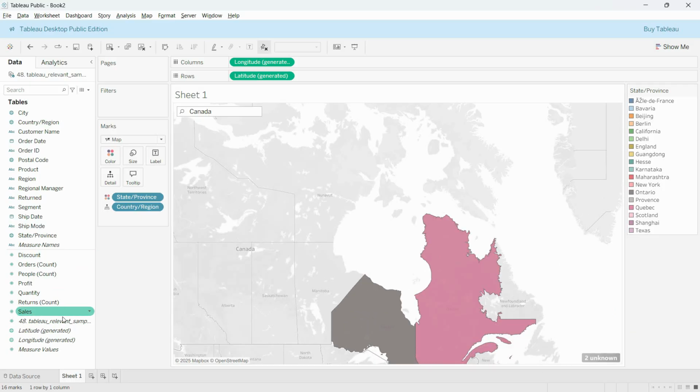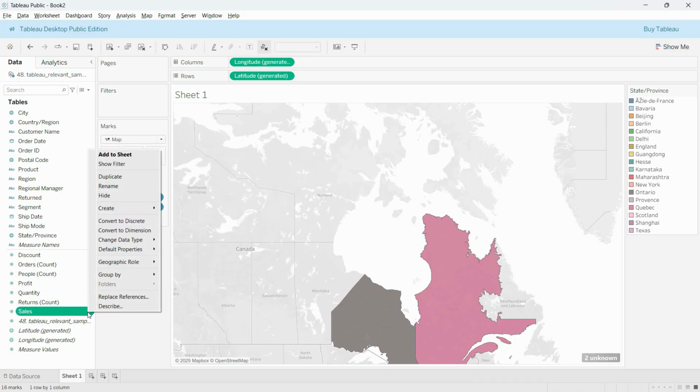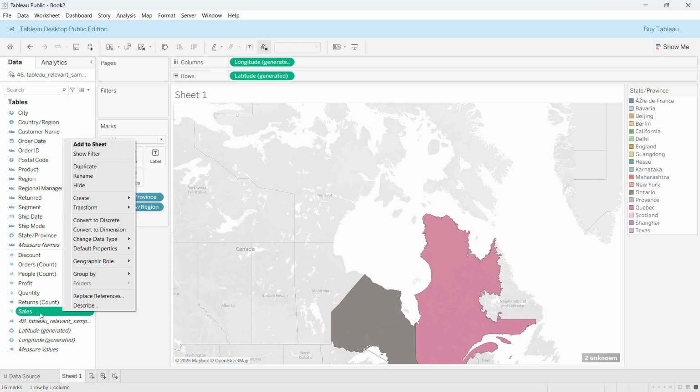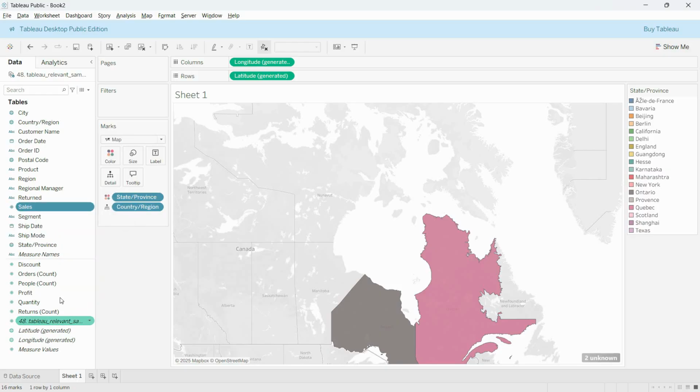Now let's say that we want to put the sales into the record. The problem is we need to convert this data into proper data so that it can plot properly. Just click on this drop down and click on convert to continuous. What we can do is just right click here, change this data type to number whole, and then we have to right click and convert it to a dimension. And now we want to put the sales in the labels. So just hold it, place it here,